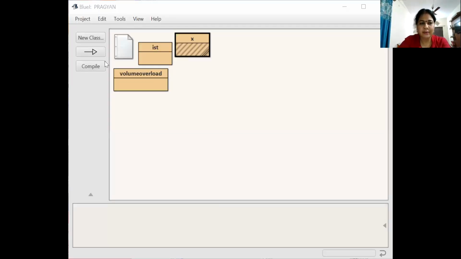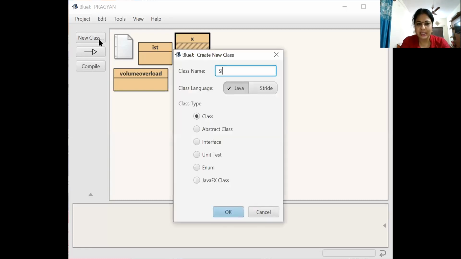So in Java, I have already made the project, so I just add my Java program here. First time you create a project by your name, and after that whatever program you write, that project will always be open for you, and in that project you will start writing your program. You just look at here, my new class, I am giving the name as SimpleInterest.